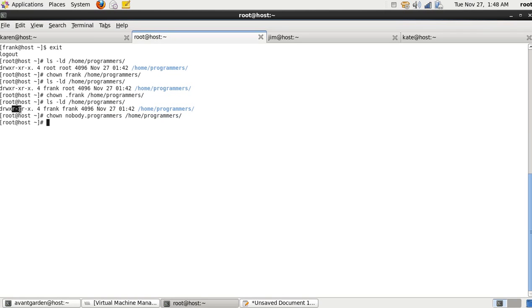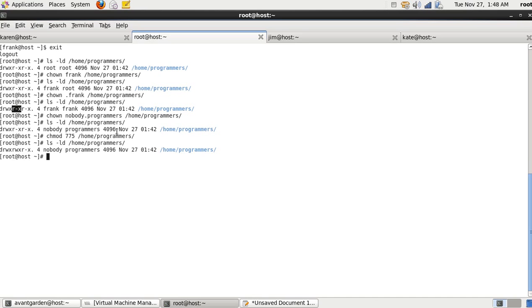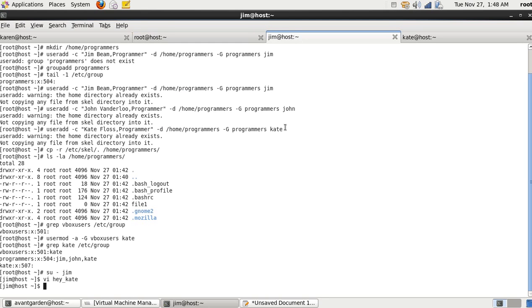And still, the group does not have write permission to the directory. ls -ld /home/programmers. Only the user does. So chmod that and say 775 /home/programmers, right? ls -ld /home/programmers, and there we go. Okay, come in here and